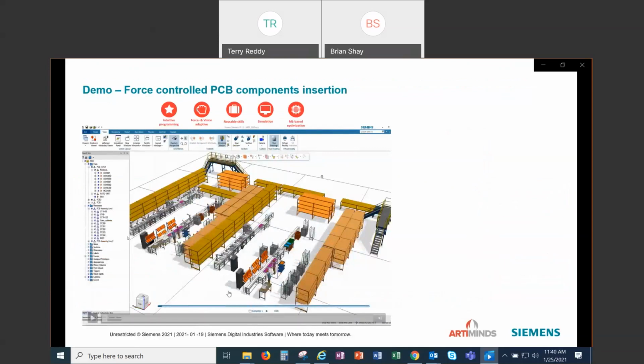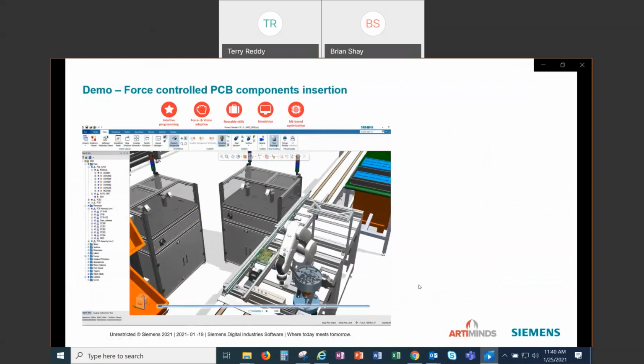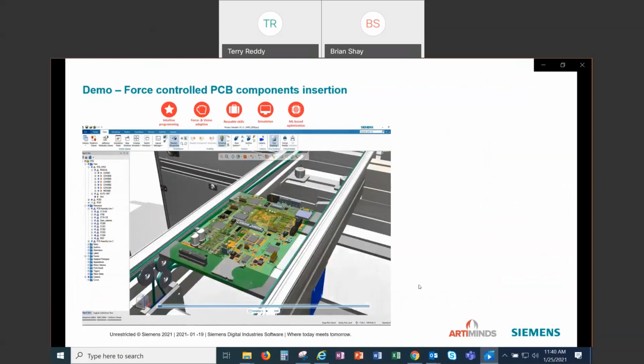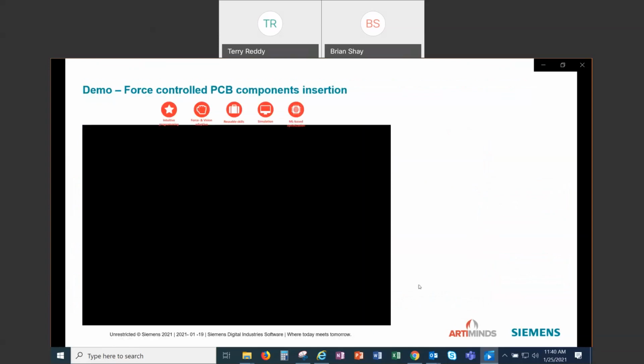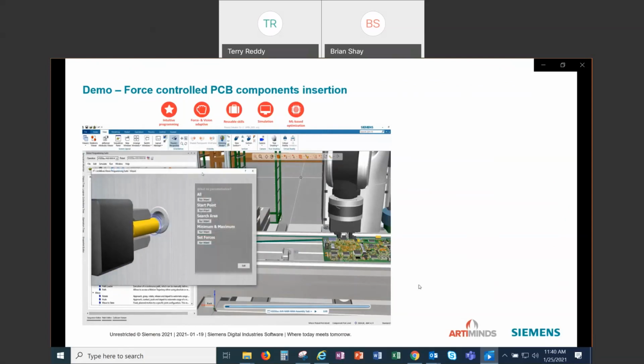Let's have a look at the demo to illustrate it further. So here we have a robot, Denso in this case, that is required to perform a typically manual task of a PCB component placement. So using the RPS plugin on the left of the graphic viewer, you select the spiral search template from the template library. And the programming wizard guides you, as you will see in a minute after you drag it to the programming area. You see how the programming wizard guides you through the steps required to parameterize the template for the specific